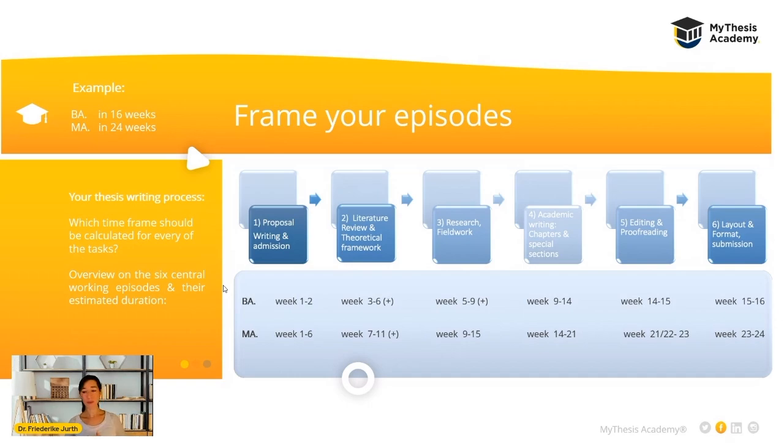And then we are slowly reaching the last part of the process, which is the editing and the proofreading. I gave it like 2 weeks in the case of the bachelor thesis, and also in terms of the master thesis. So you really have to estimate the scope of your document, and maybe